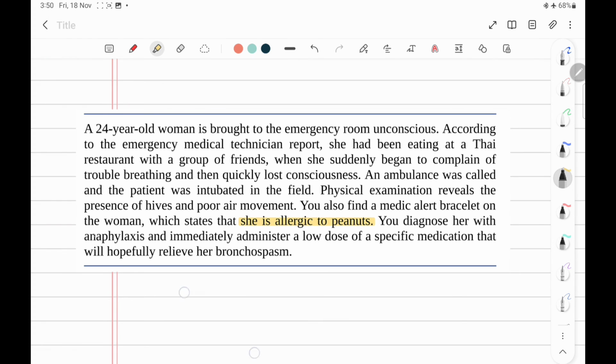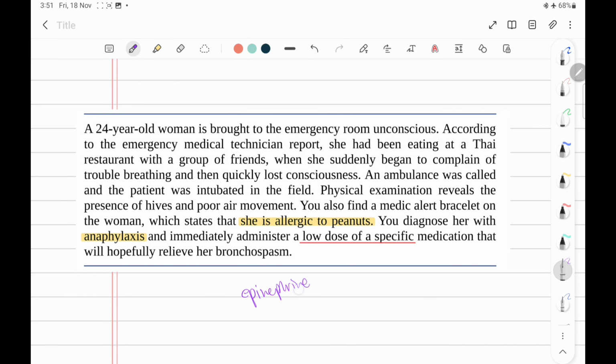anaphylaxis, right? Okay, so it's been mentioned. And immediately administer a low dose of a specific medication. Another buzzword: a low dose of a specific medication that will hopefully relieve her bronchospasm. Okay, so pause the video and answer the question. What is the answer to this question? The answer to this question is